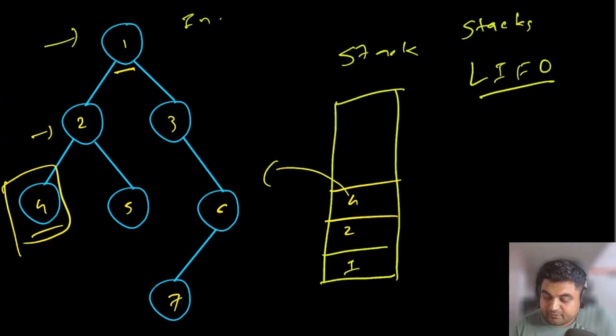After popping node number 4 out, currently the first node we are going to visit is going to be node number 4. Now after popping node number 4 out, again for node number 2, it does not have a left child that we haven't taken care of, so we are going to add node number 2 next. Then again for node number 2, we haven't taken care of node number 5. So after popping node number 4 and 2, we are going to push node number 5.